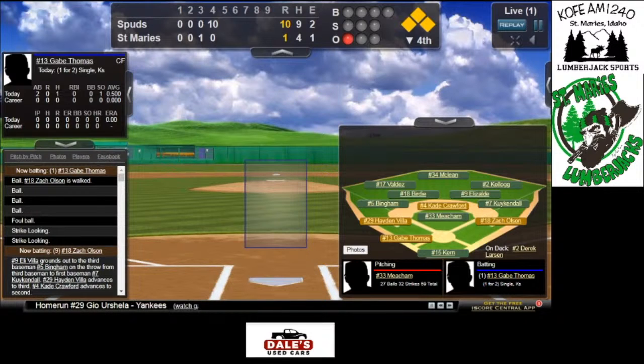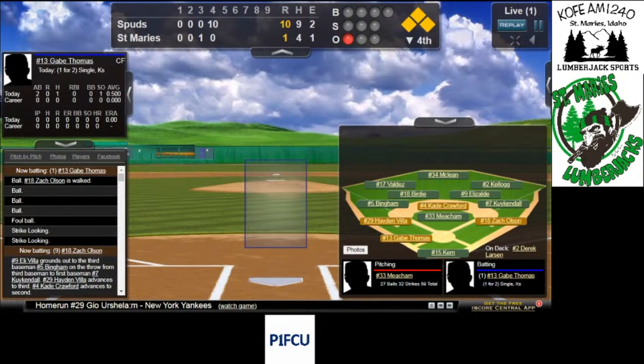talk with the pitcher from the coach for Moses Lake, because he's going to go out to talk to Meacham. Gabe Thomas has a single and a strikeout in his first 2 at-bats. The strikeout just happens to be in his last at-bat. The single earlier was down the third base line. But being in the 4th inning and down by 9, St. Mary's needs to get as many runs across here as they can to try to cut into that lead. That was just not a good top of the 4th defensively for St. Mary's. It was a great offensive effort for Moses Lake, but